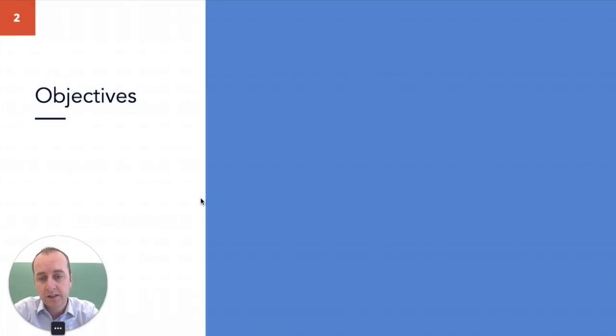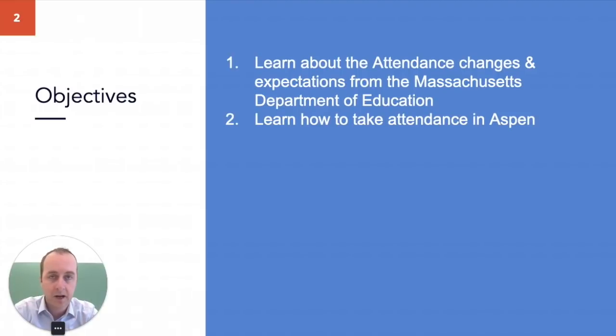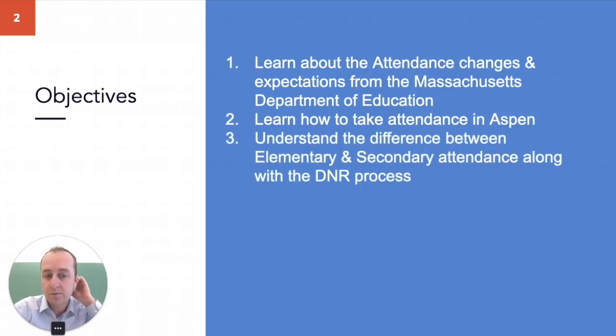Our goal for today is to discuss the attendance changes and expectations from the Massachusetts Department of Education, or DESE. We'll learn how this translates into attendance in Aspen and how we're going to be tracking attendance in Aspen this year. And then we'll understand the differences between elementary and secondary attendance, along with an overview of the DNR, or